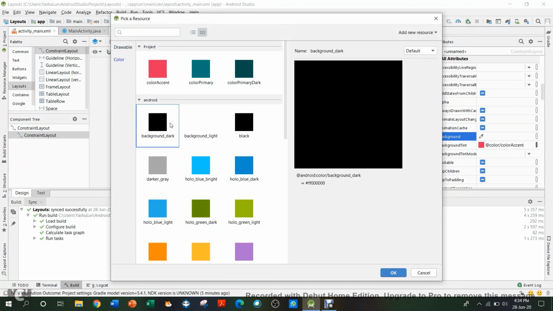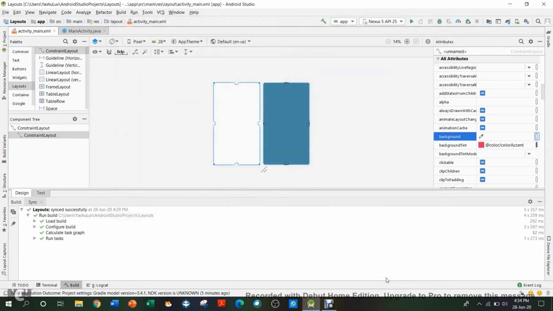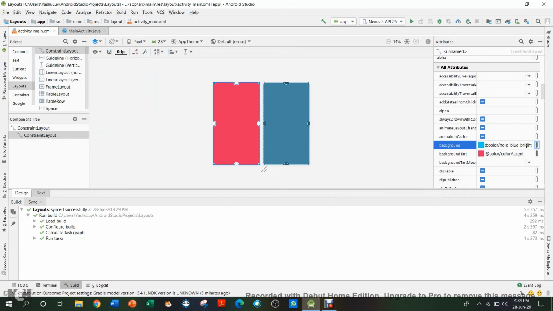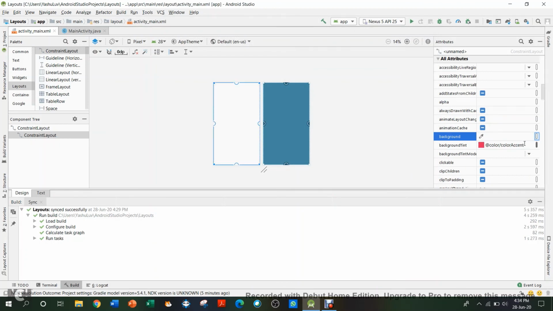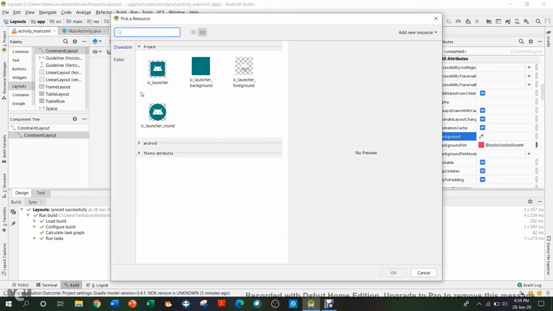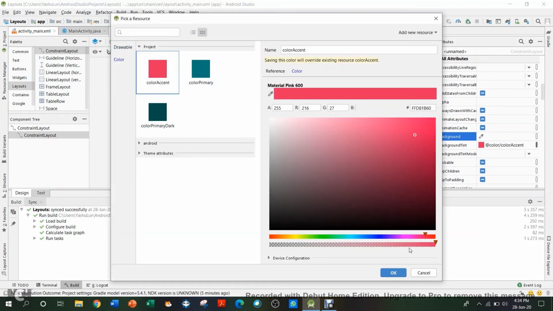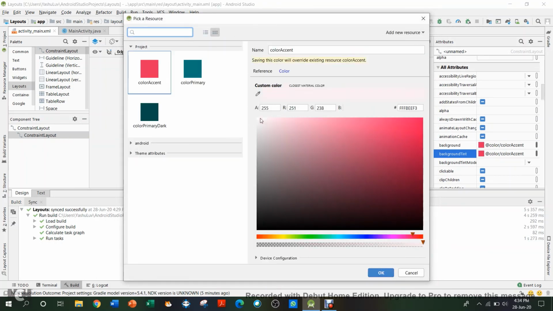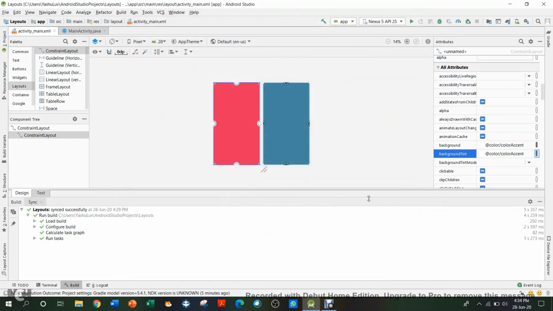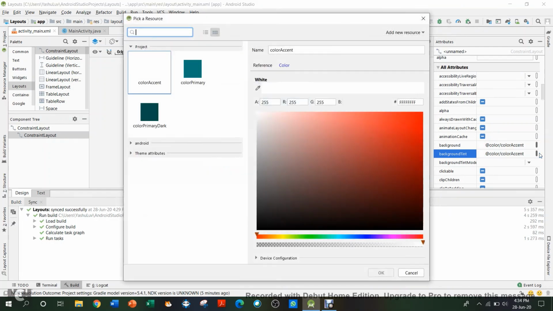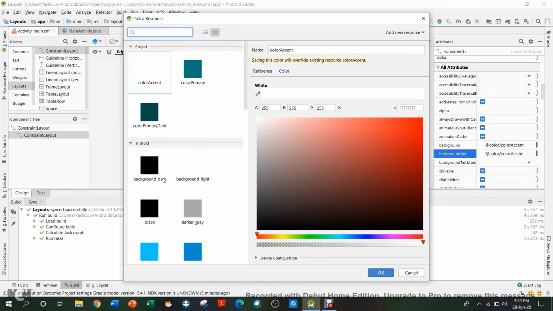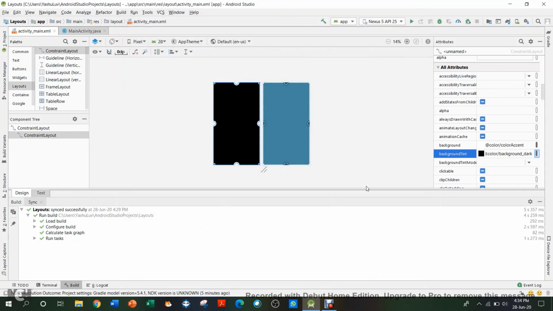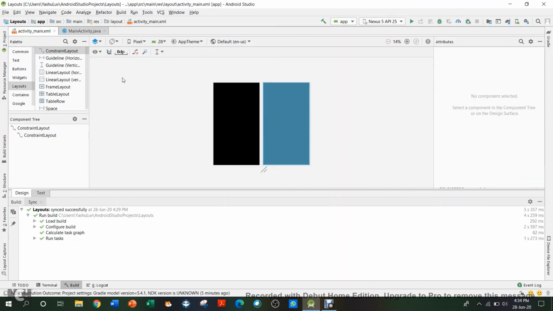Okay, so it just took a bit of time to come. So you can just customize it as you want.